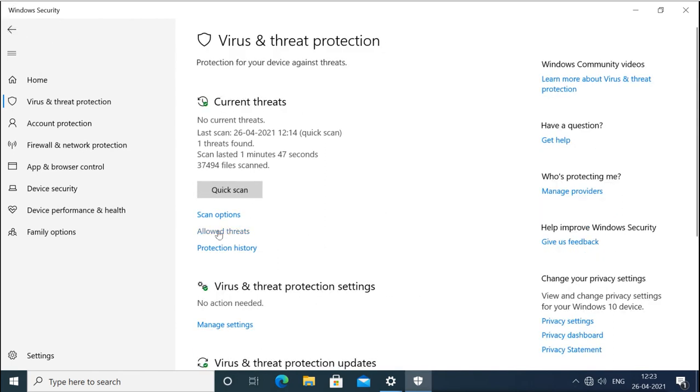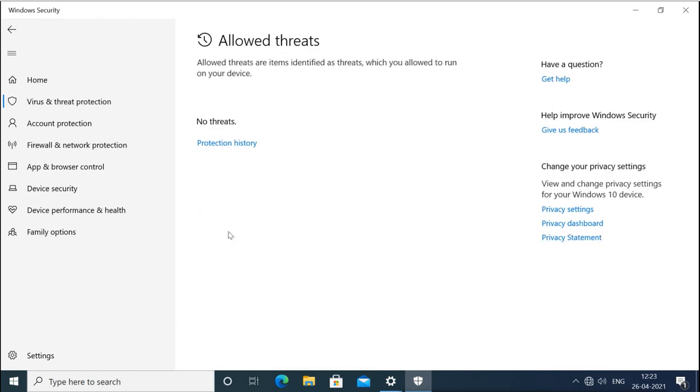Here you have allowed threats. If some of your software is identified as a threat and you still want to use that software, it is not secure to use it, because if it says there is a threat, it must be blocked. But if you really want to use that software, then you can allow some threats also.